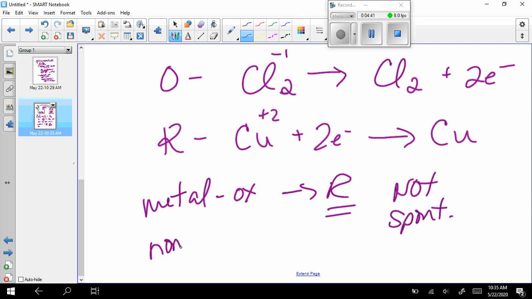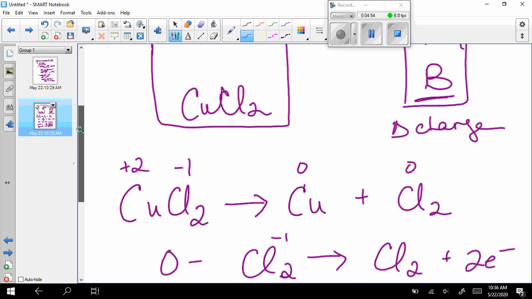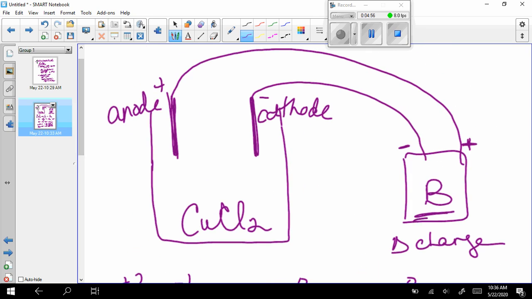And my nonmetal would like to be reduced, but in this case, it's being oxidized. So I know that this reaction definitely would not happen normally. The only way you can make this reaction happen is by connecting it to a battery. When you connect the battery,